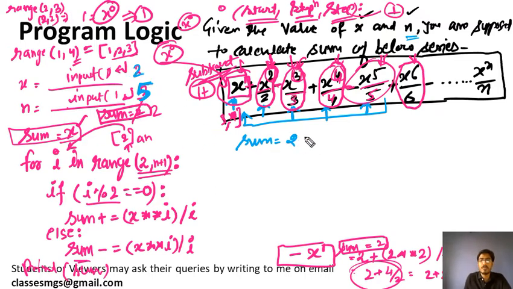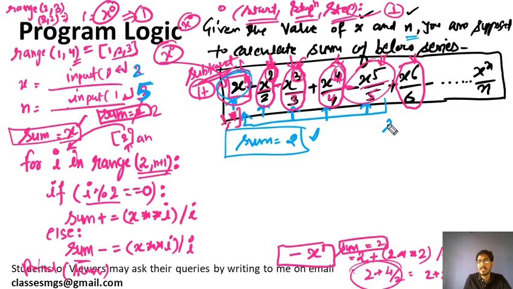Okay, why we have added this term I already explained, because x raised to power 1 is the exceptional case, and we need to add this, because for other even and odd powers we are subtracting it. That's why we have already initialized it with 2, so that we can start the loop from 2 onward, and our even-odd logic should work. That's why we have done it like this. So sum I have initialized with 2.